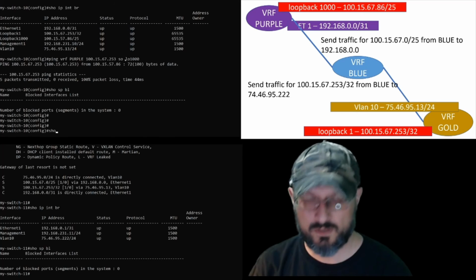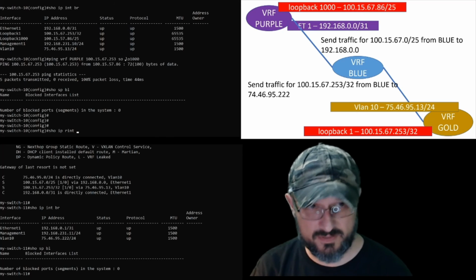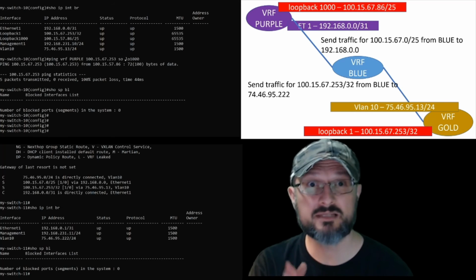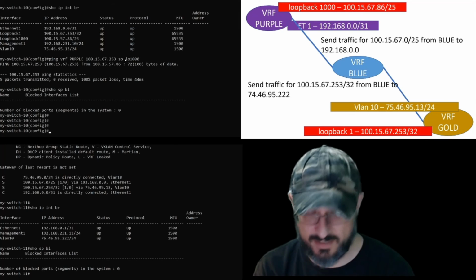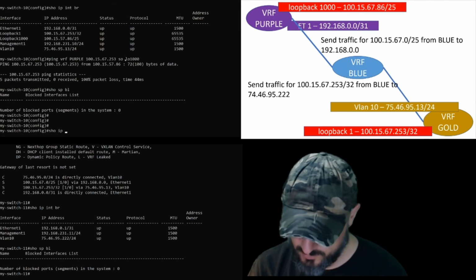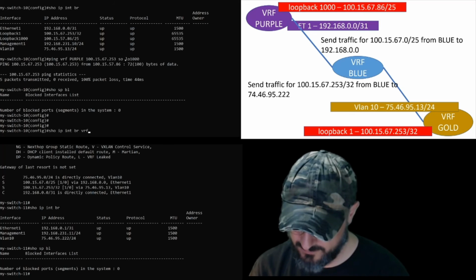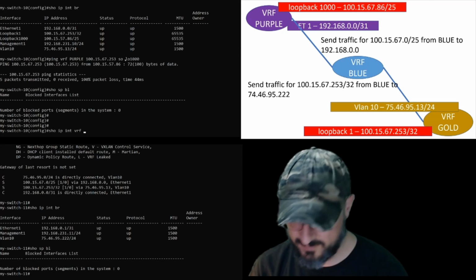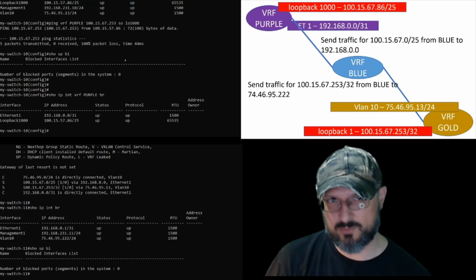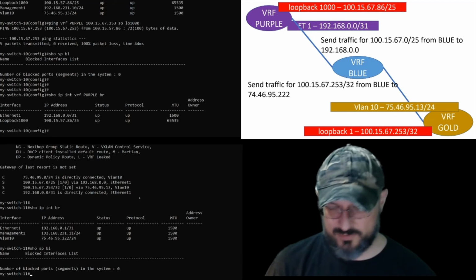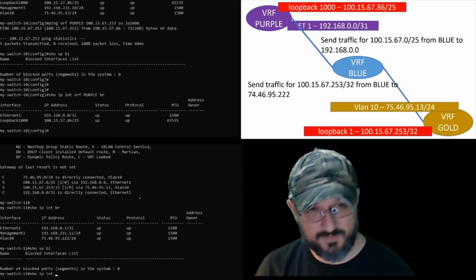So if I do a show IP int brief on both of these boxes, let's check from purple. Let's make sure that we can connect from purple to blue. That's the first step. So we do show IP int VRF purple brief. And these are the interfaces on purple, right? Now if we check the interfaces on blue,